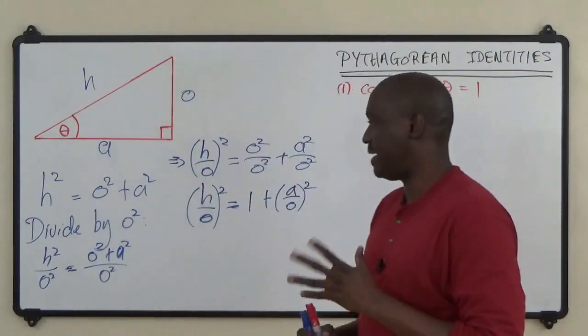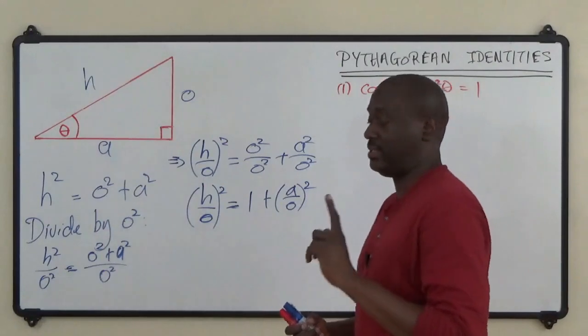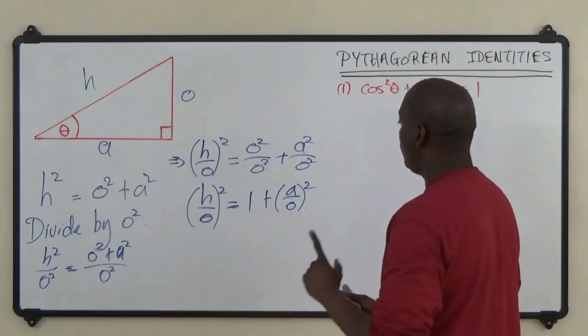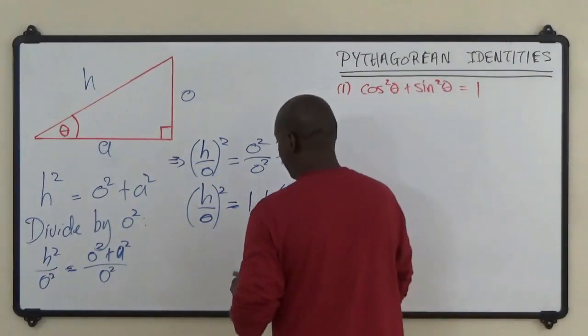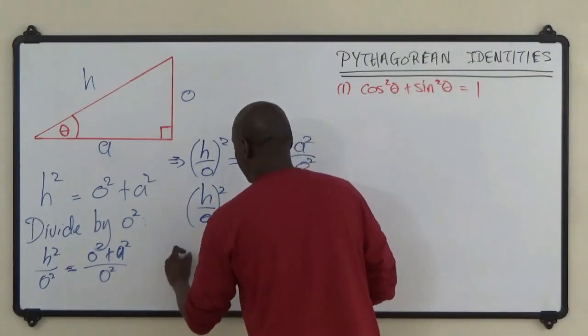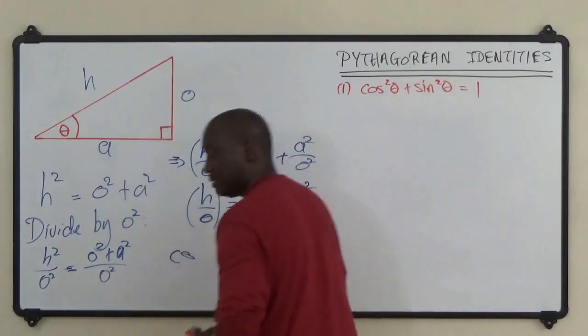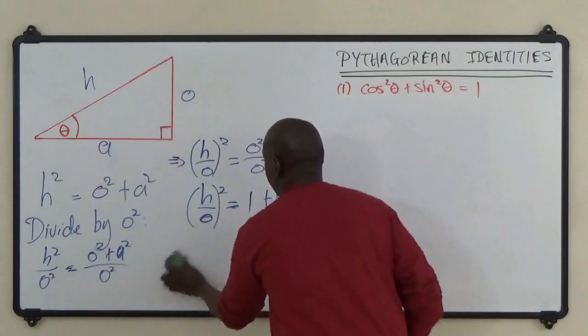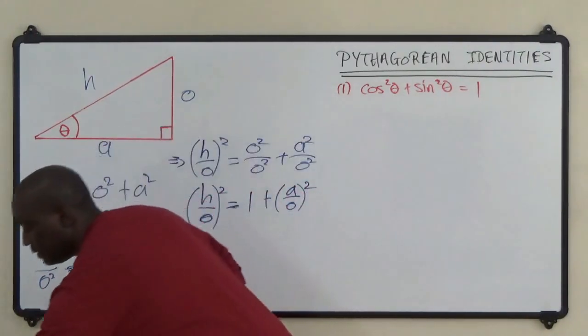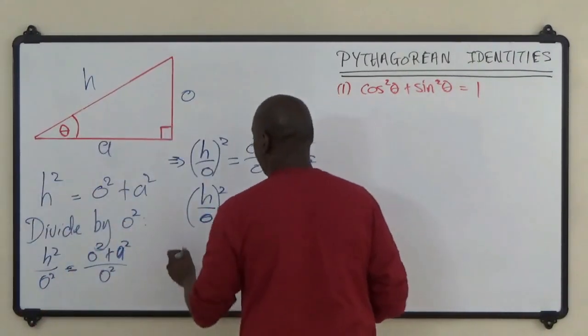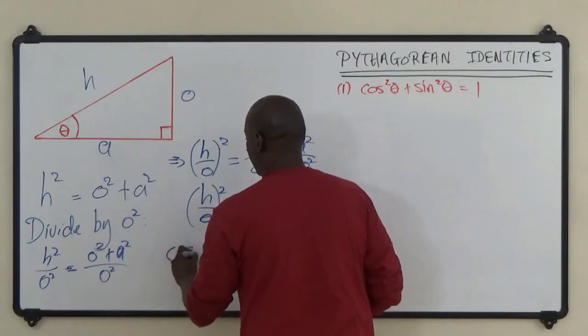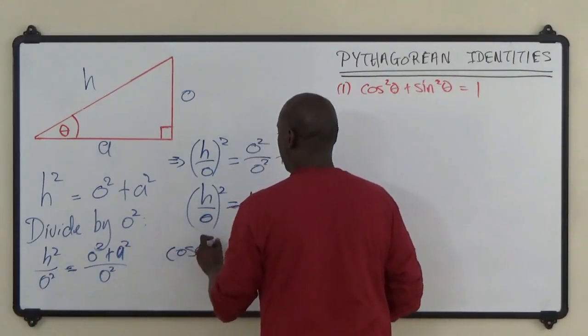Which is something else which we refer to as cosec theta, all right? So 1 over sine theta is cosec theta, so in this case we will get that h over o, this will be cosec theta